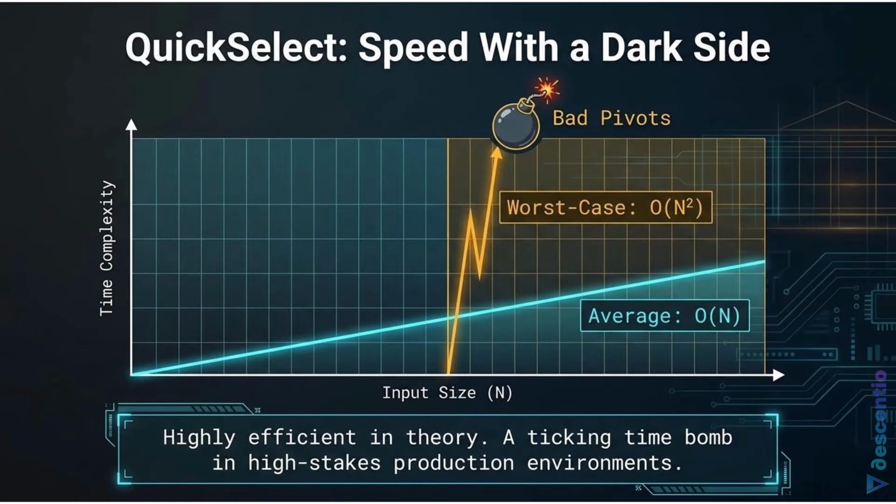QuickSelect works because, unlike a full quicksort, which meticulously sorts both halves of the partitioned data, which is way too much work, QuickSelect only recurses into the half where your top k elements must live. So you are throwing away half the remaining data with every single sweeping step. That is precisely how it achieves linear time on average. You are halving the problem space repeatedly. It is beautiful on paper, but it relies entirely on picking a good pivot to divide that data evenly.